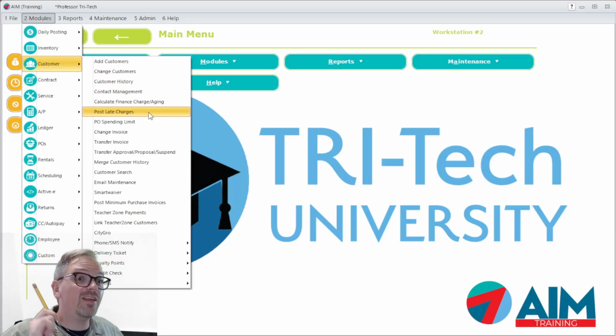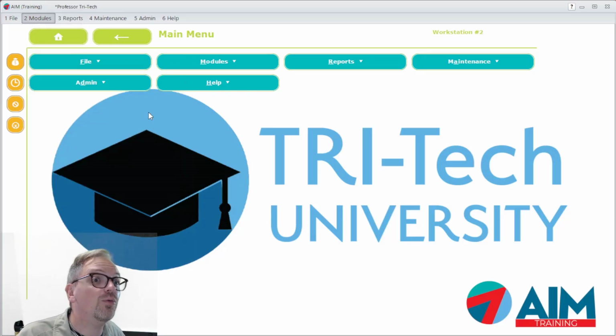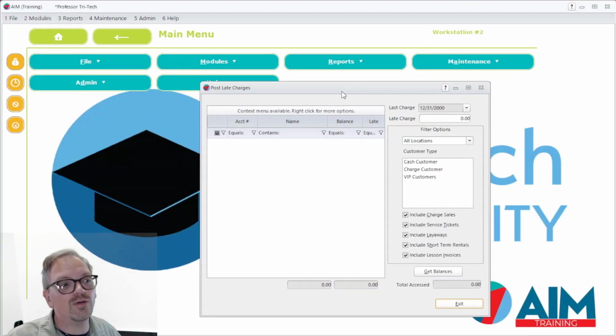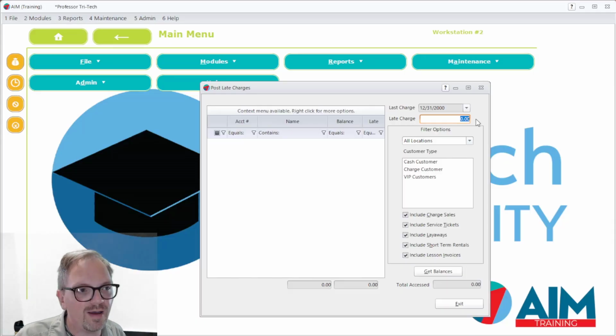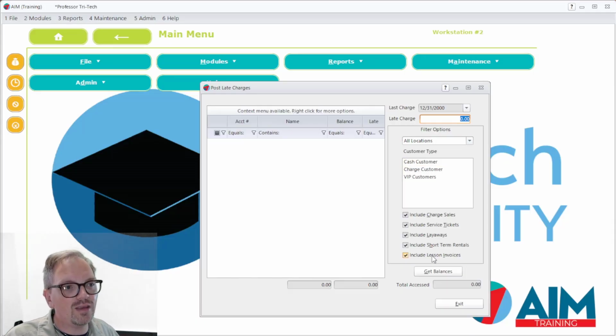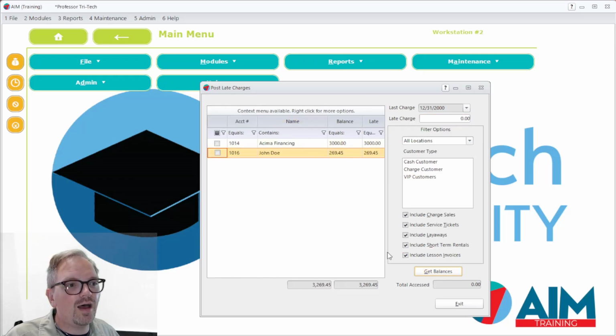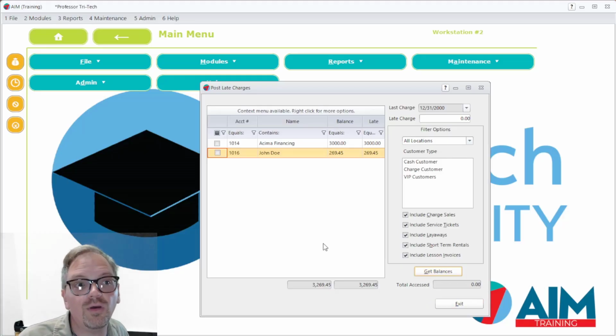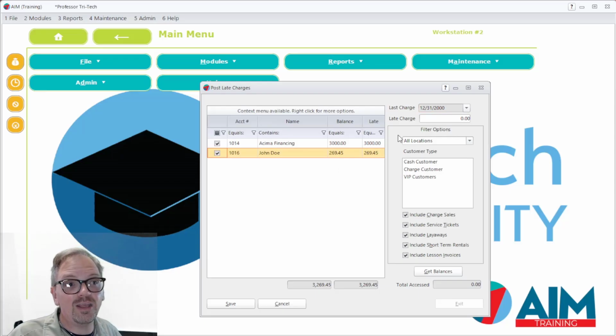This is all based on the actual due dates and if they are past due. If they're past due, then the post late charge function can come into play, where you can basically have it put in a certain late charge amount. Let's say it's $25, and then it can go out and find all of the balances that are past due, and then it can essentially post those by check marking the accounts here. It can add a late charge to those customer accounts by putting that in up here and then check marking them